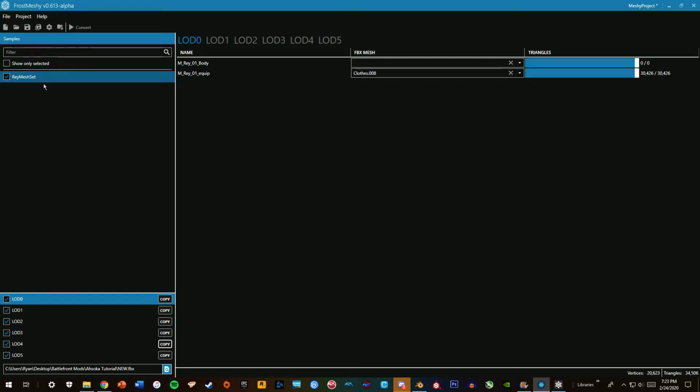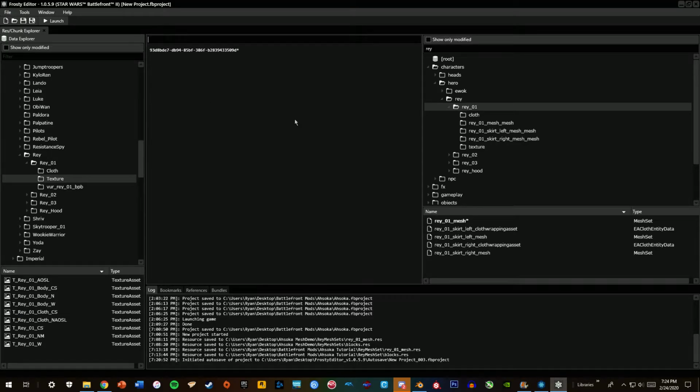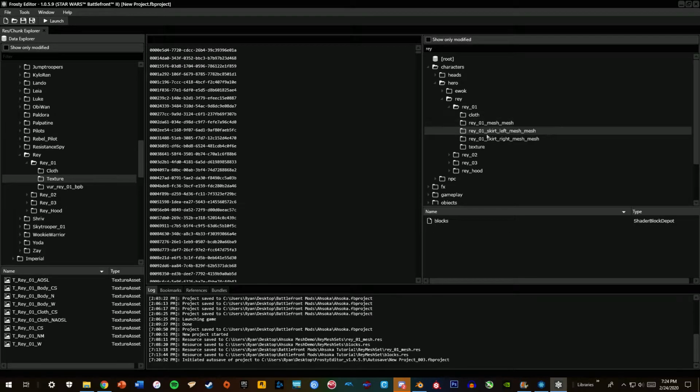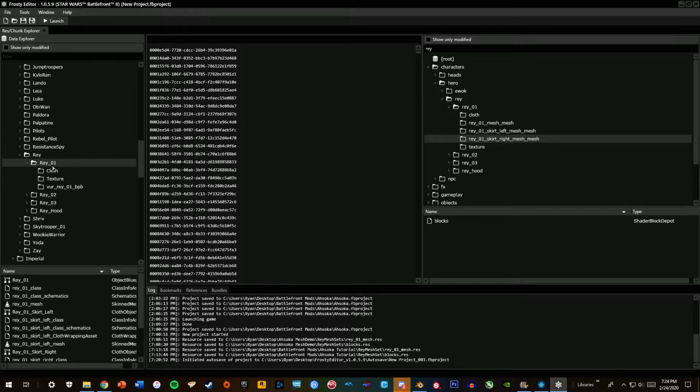I already have the project file set up from the last tutorial of the main mesh set. Now, to get cloth mesh import set up, you need a couple different files than for a normal mesh. So you go into the Res Explorer. In this case, Rey has 2 cloth meshes that I can use. I'm going to do her skirt right mesh. So if I look at the skirt right,